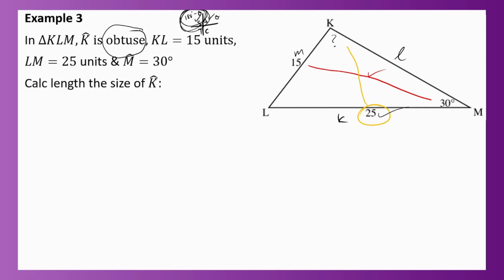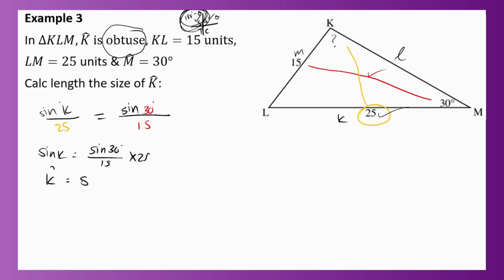We're looking for an angle though, so we're going to put our angles on top. So sin K is what we're looking for, and our other angle is 30, which is opposite the side that is 15, and K is opposite the side that is 25. Then we are dividing by 25, so to get it to the other side, we multiply by 25. And then to just get angle K, we are going to say shift sin, or more specifically, it's called arc sine or arc sin. And we're going to put that whole thing in there inside the brackets. And then we're going to get an answer of